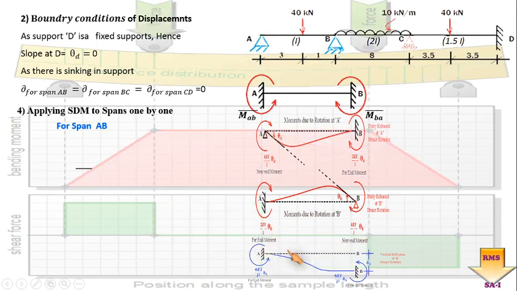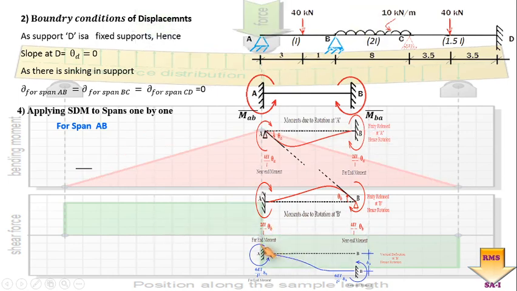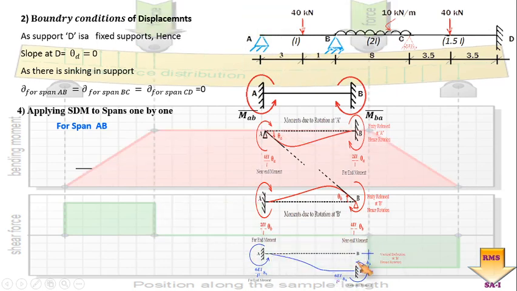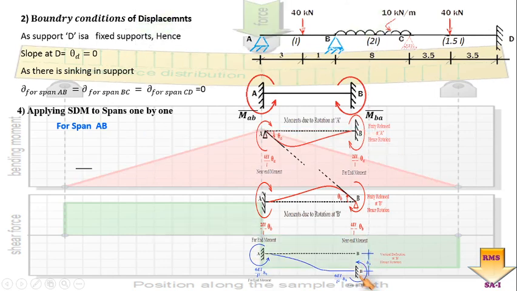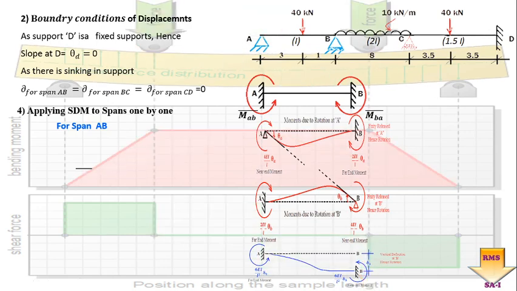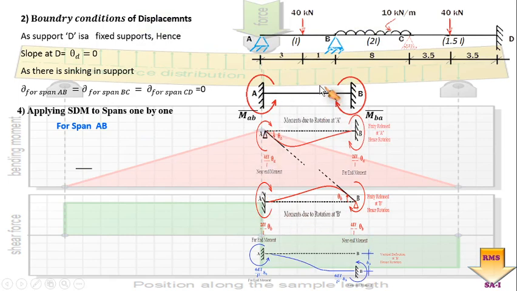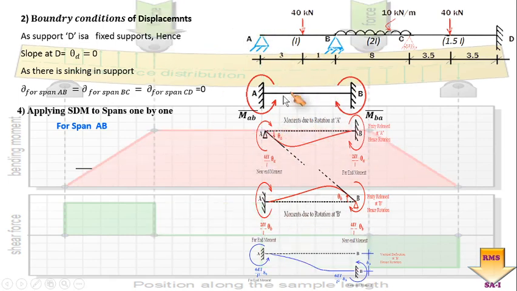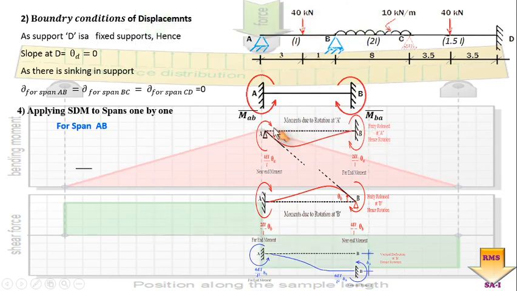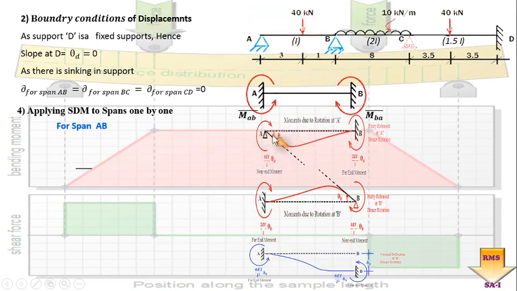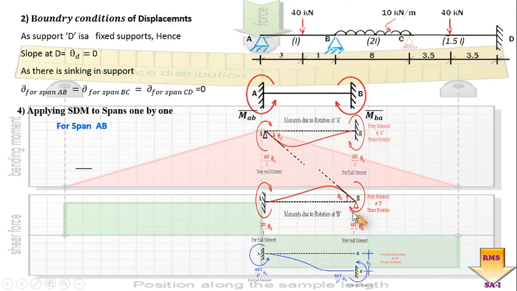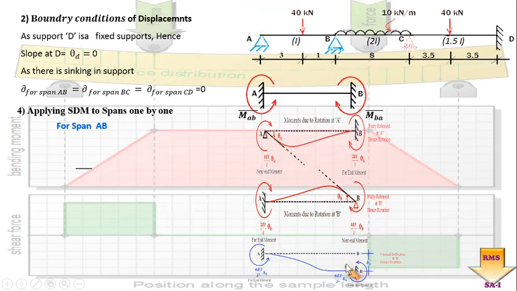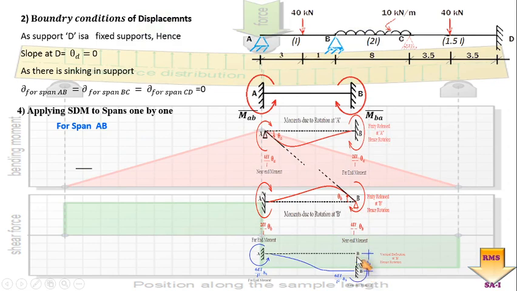And the last effect which we have to take into account is the sinking of that particular support. So here I have assumed B is going to sink in the downward direction. So these are all the probable displacements occurring in this. The first displacement is due to the applied load, the second is the displacement due to the rotation about point A, next is rotation about point B, and the third type of displacement is the translation which is occurring at point B due to the sinking effect.